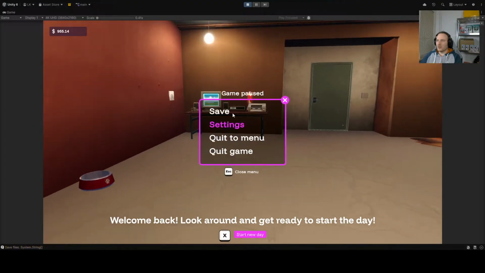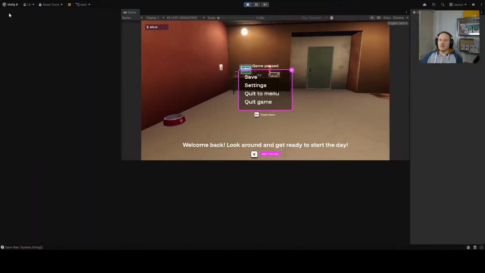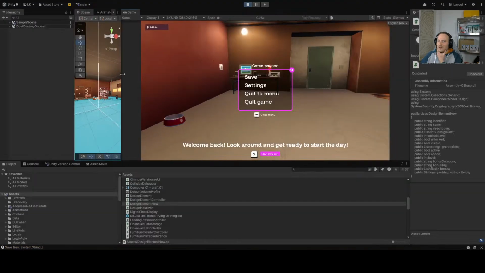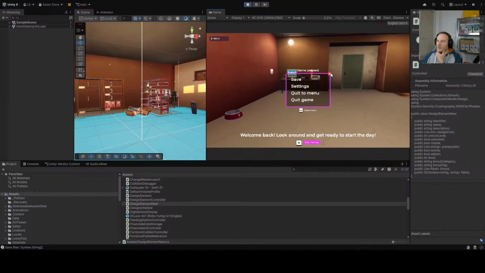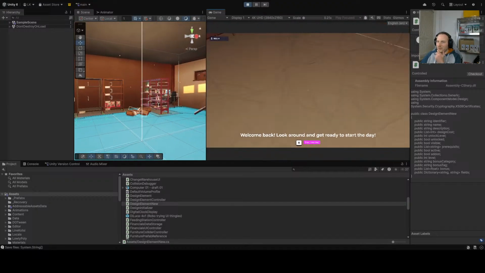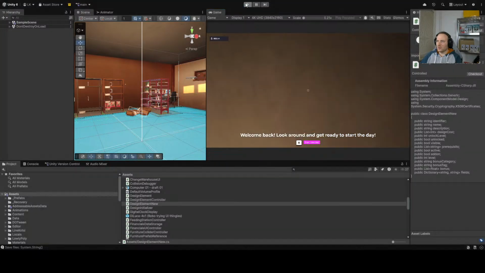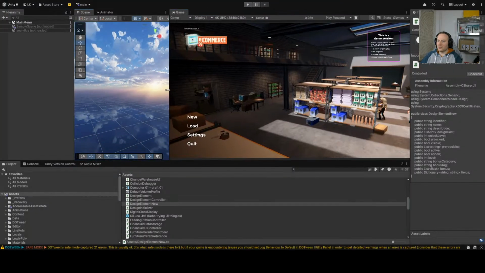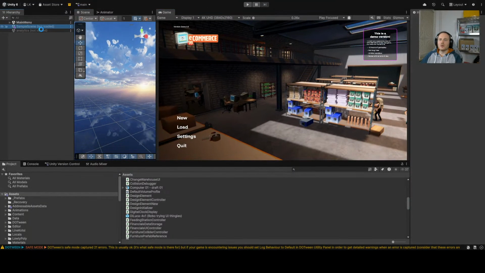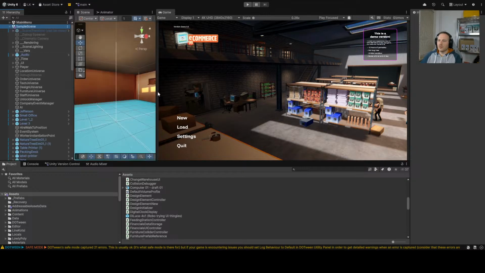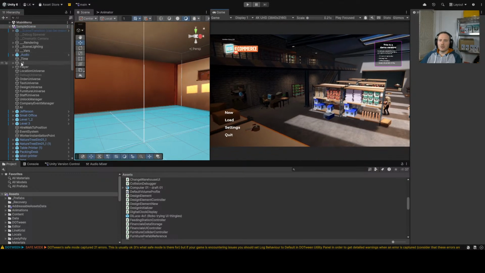Good. So now that we said that, let's actually have a look at how we're setting this up. So I think the first thing, I'm still in the game, need to stop this. The first thing we want to do is actually open our game scene, and then we're setting up a new UI. So we have stored most of our UI. We have two different systems. We have the UI system from